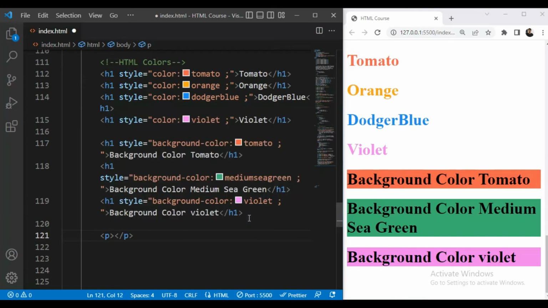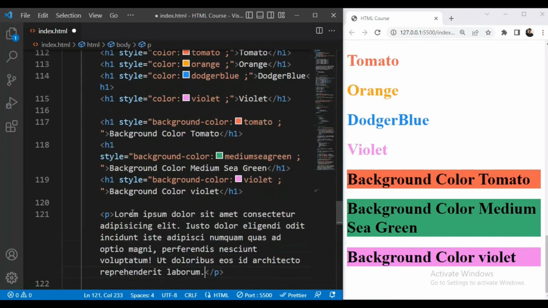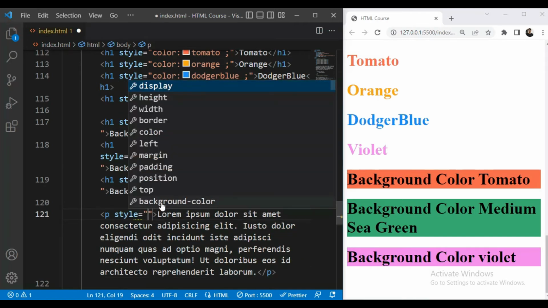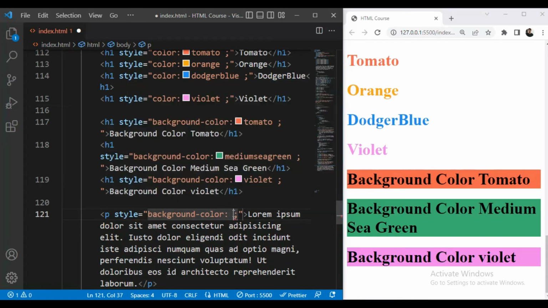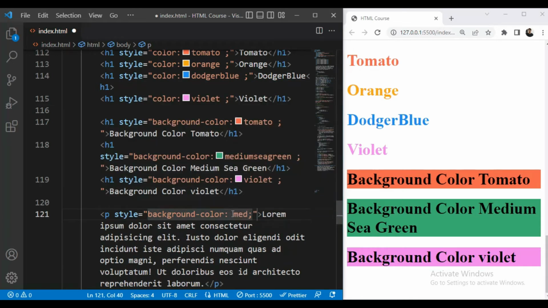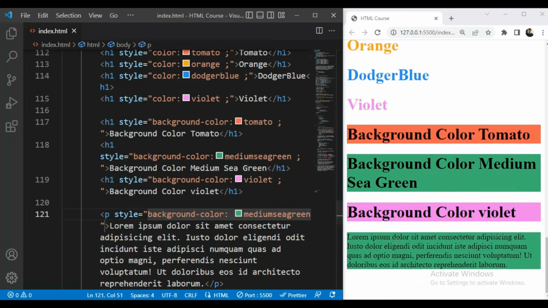For example, we will take some dummy content and here I will add the style attribute and background color, for example medium sea green. Let's save this. So now you can see.